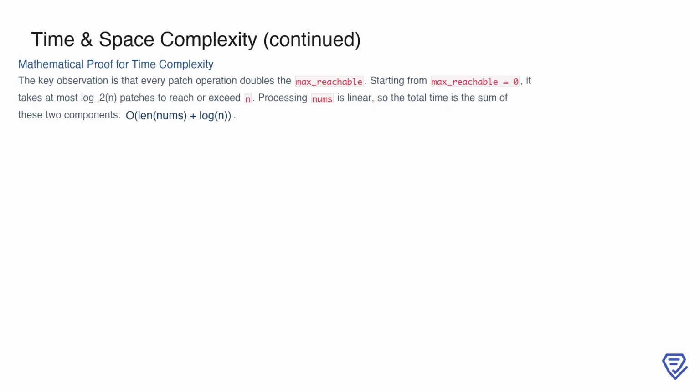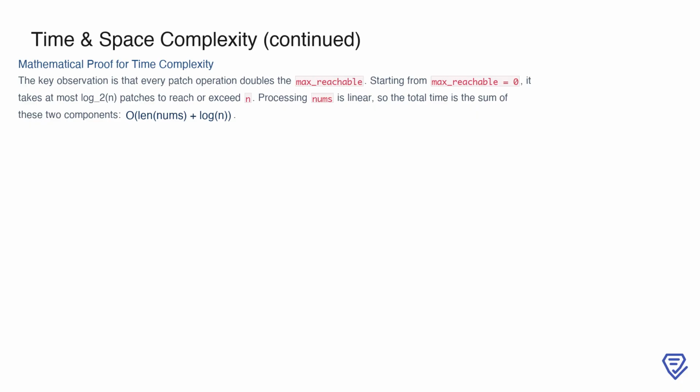This doubling behavior ensures that the patches grow exponentially, minimizing the total number of operations. When we add the linear time required to process the input array nums, the total time complexity becomes the sum of these two components, O(len(nums) + log n). This combination of linear and logarithmic growth ensures that the algorithm remains efficient even for large values of n and